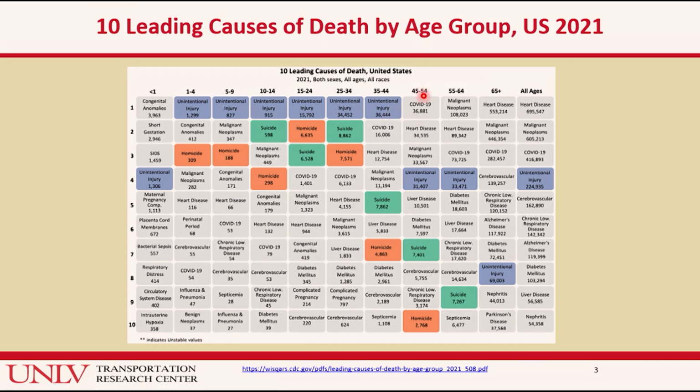Then in 2021 when they reported it, this went down to rank 4, even though the number of fatalities dropped just a little, 36,000 to 31,000. That's a 5,000 drop, which is substantial. But why did it go to rank 4? Because of COVID. COVID became the first, and because of COVID, number 2 and number 3 got exacerbated because of complications related to COVID. So otherwise, even for age 45 to 54 and 55 to 64, all the way from age 1 to 65 or so, traffic related causes are the leading preventable death.